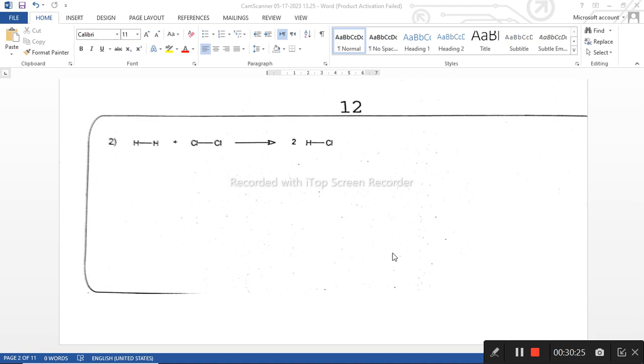Okay, so this is our today's lecture and I hope you have understood it. There was nothing too difficult in this chapter. The chapter was easy, and if you have any query you can ask me. I will reply to you